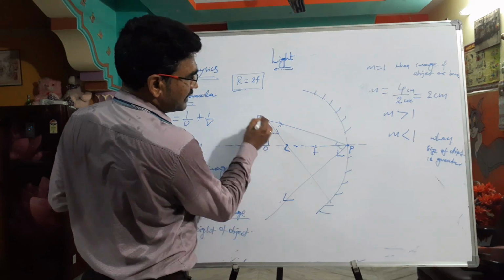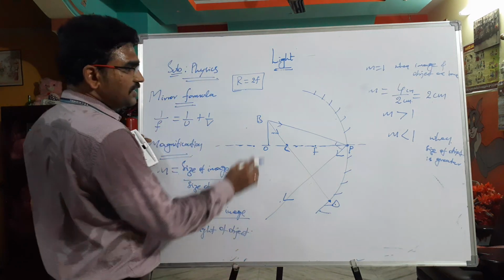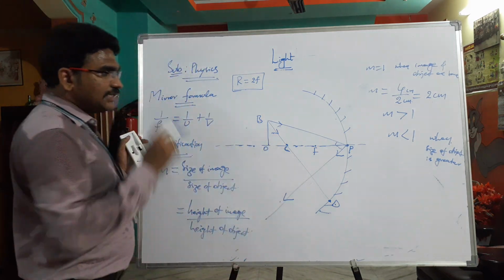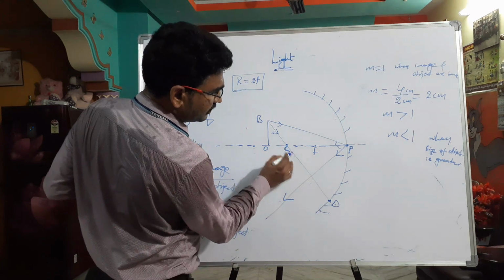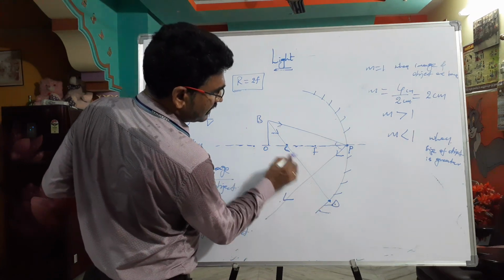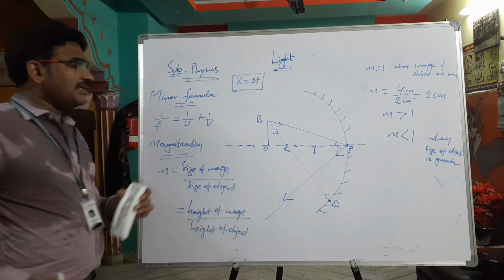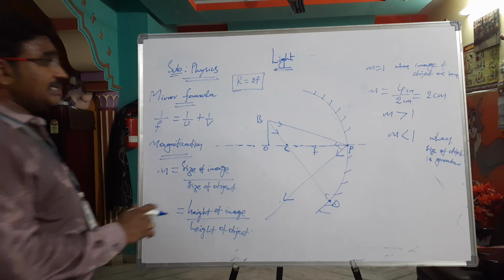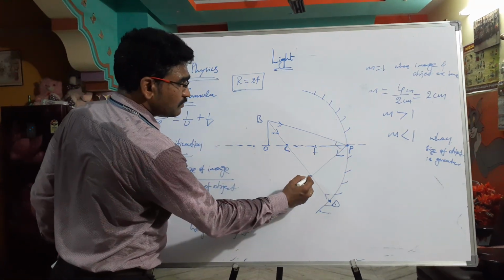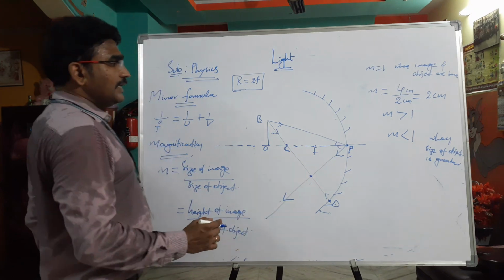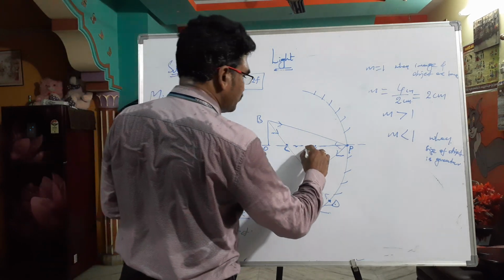Now you see, this is the incident ray. This is point D. BD is the incident ray, and this is the point of incidence. We have to draw the normal. When we draw the normal, the angle of incidence is 0, and in the same way it is going to be reflected. Now you see, this reflected ray and this reflected ray both meet at this point. What is this point called? Image point.